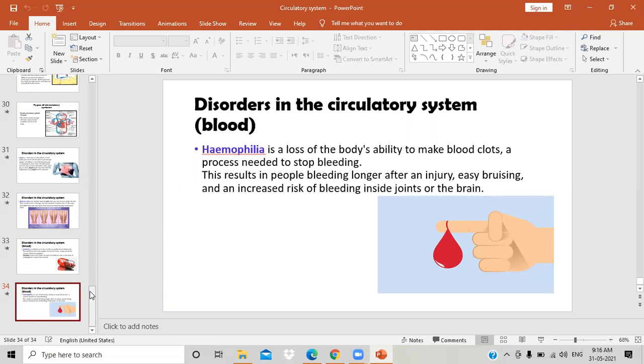So hemophilia is the loss of the body's ability to make blood clots. Clots are the crust that the platelets form above your injury. This results in them losing a lot of blood during an injury. And also, if you even pushed this person, or gave them a nudge on their arm or something, their arm will form a very big bruise. Do you know the meaning of bruise?